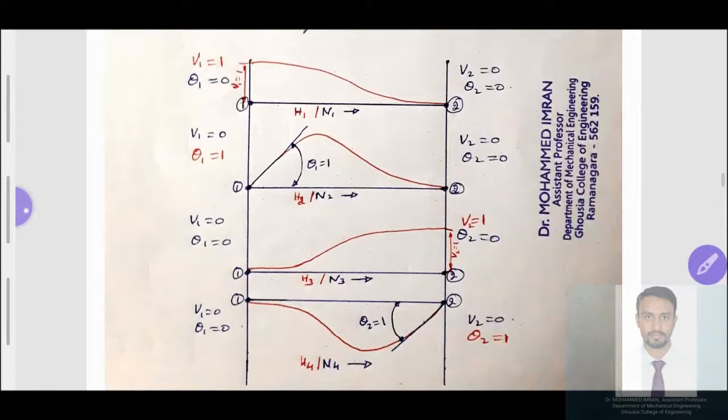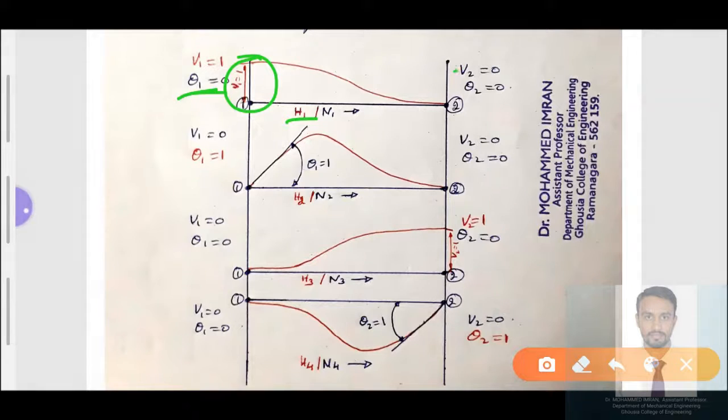For a beam element, we have node number 1 and node number 2. For the first shape function of the beam element, v is equal to v1, that is equal to 1. When the linear displacement v1 takes place, it will not affect node number 2. We have drawn it linearly like this. It decays at node number 2, where the rotation theta is not there. We are assuming v1 is equal to 1, and h1 is this shape we have. Then theta 1 is equal to 0, v2 is equal to 0, theta 2 is equal to 0.